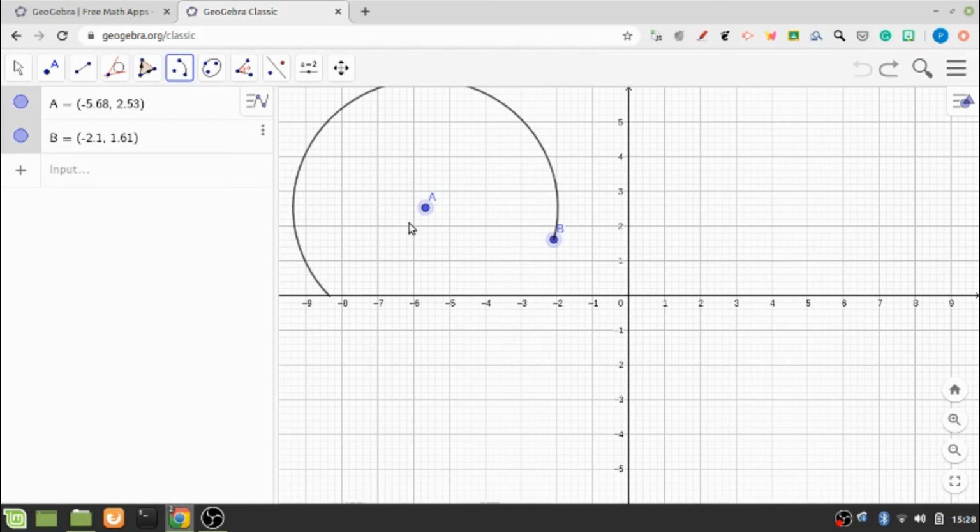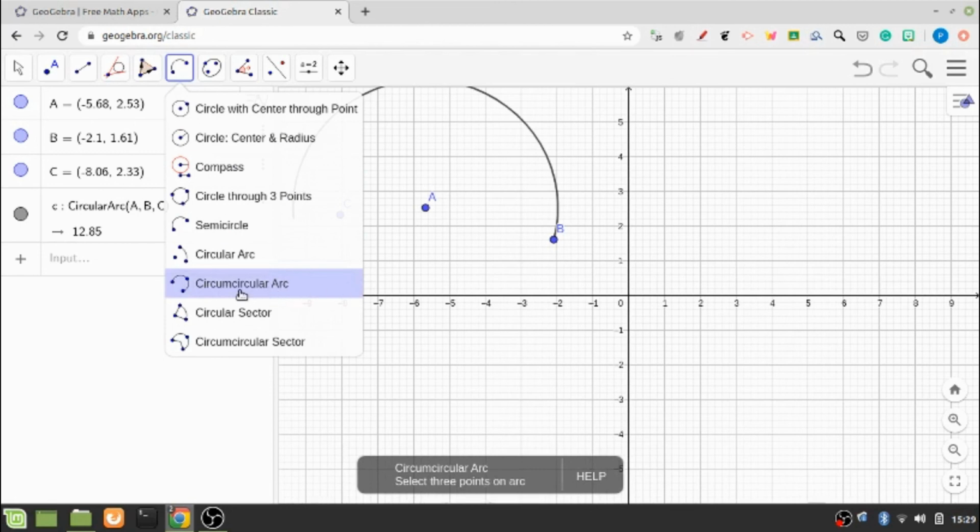A was the initial point, so A becomes the center point for this arc. If I click on any other point, the circular arc has been fixed in that particular direction.